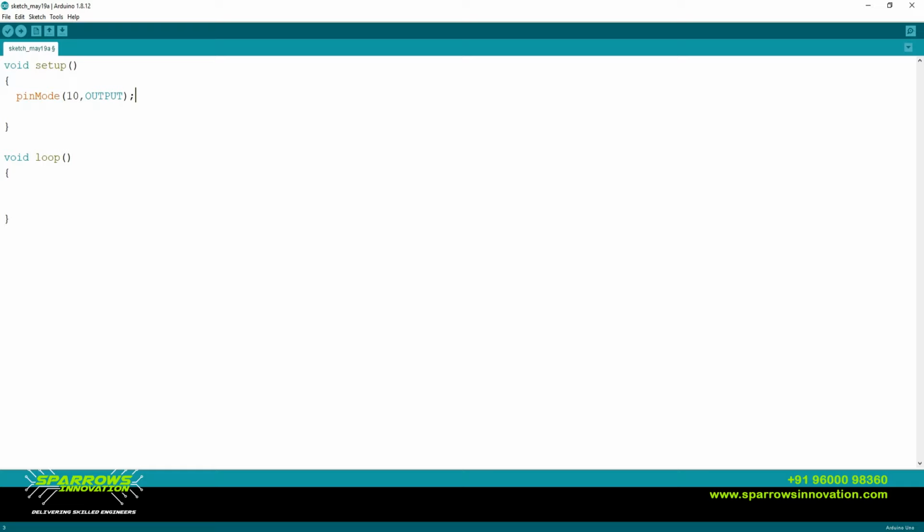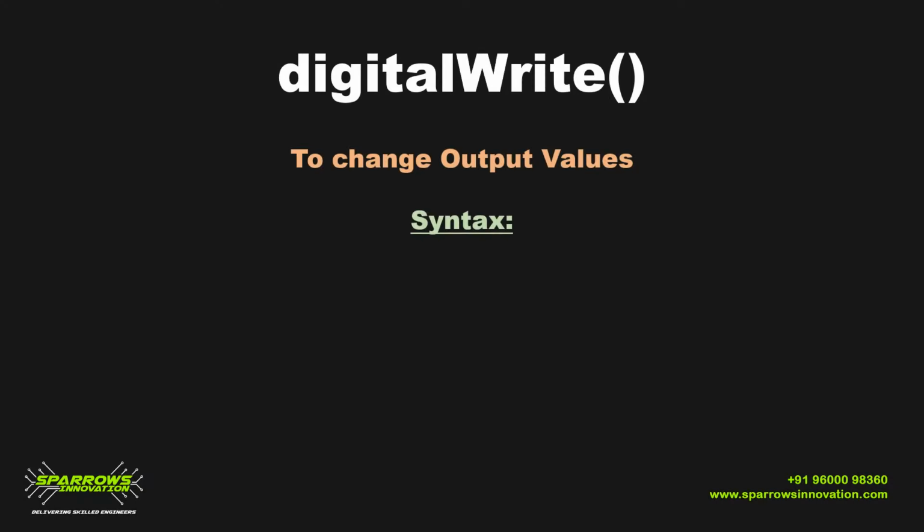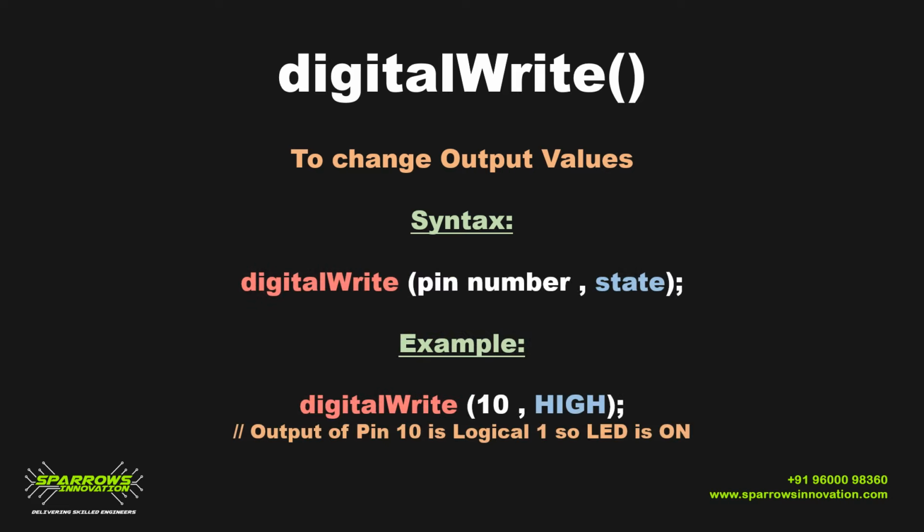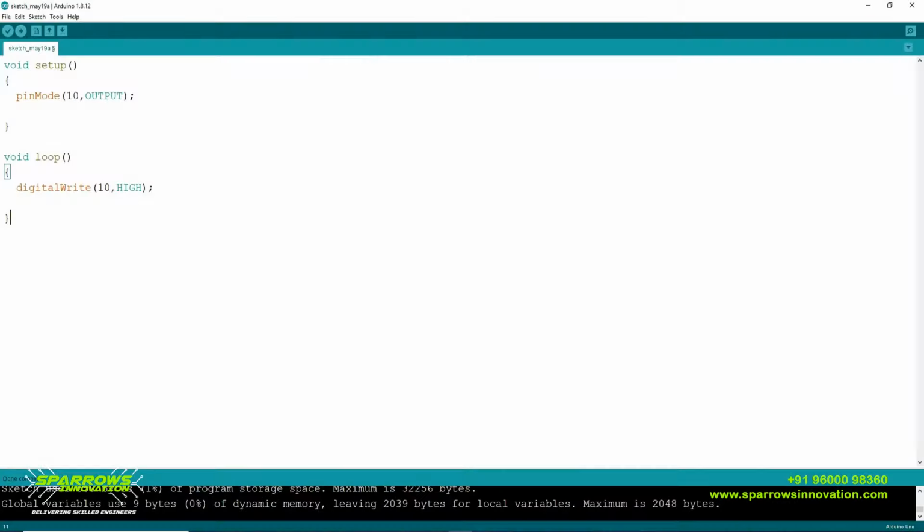Next you have to write an output value. For that we have to use the function called digitalWrite. By using digitalWrite, you can make an output logical high or low. First we are going to make my LED on, so I am going to write digitalWrite 10, HIGH in my while loop. This while loop is an infinite loop, so you have to use the functions to get real-time values inside this loop. So we are going to make an LED blink, so we have to repeat the same function. So I am going to give that inside the while loop. So inside the while loop, digitalWrite 10, HIGH. Now my LED will become high.